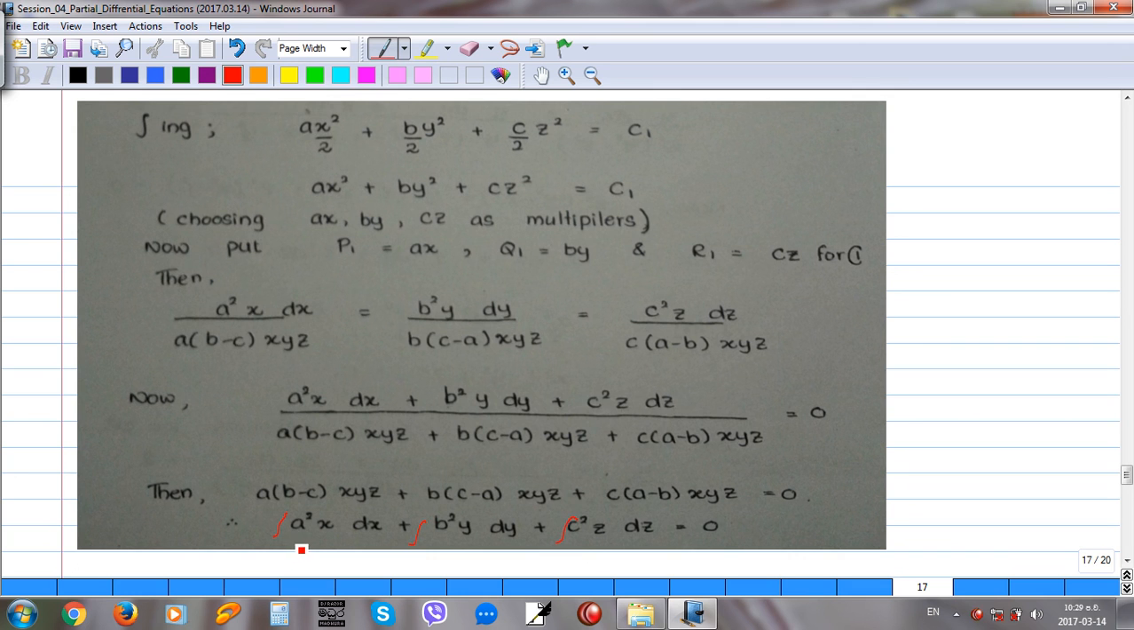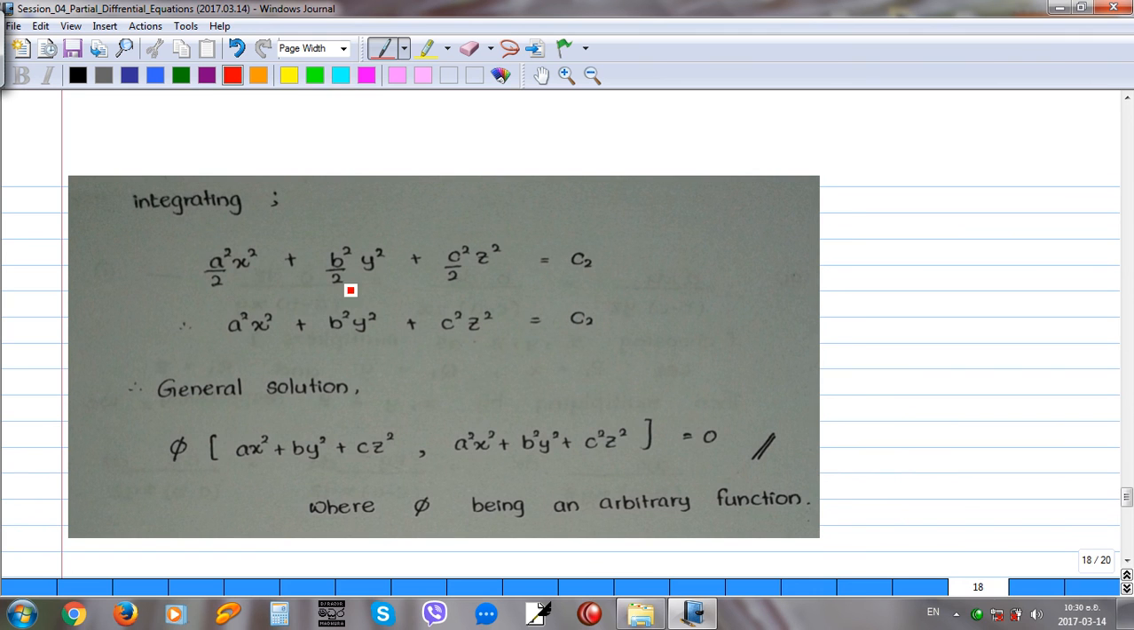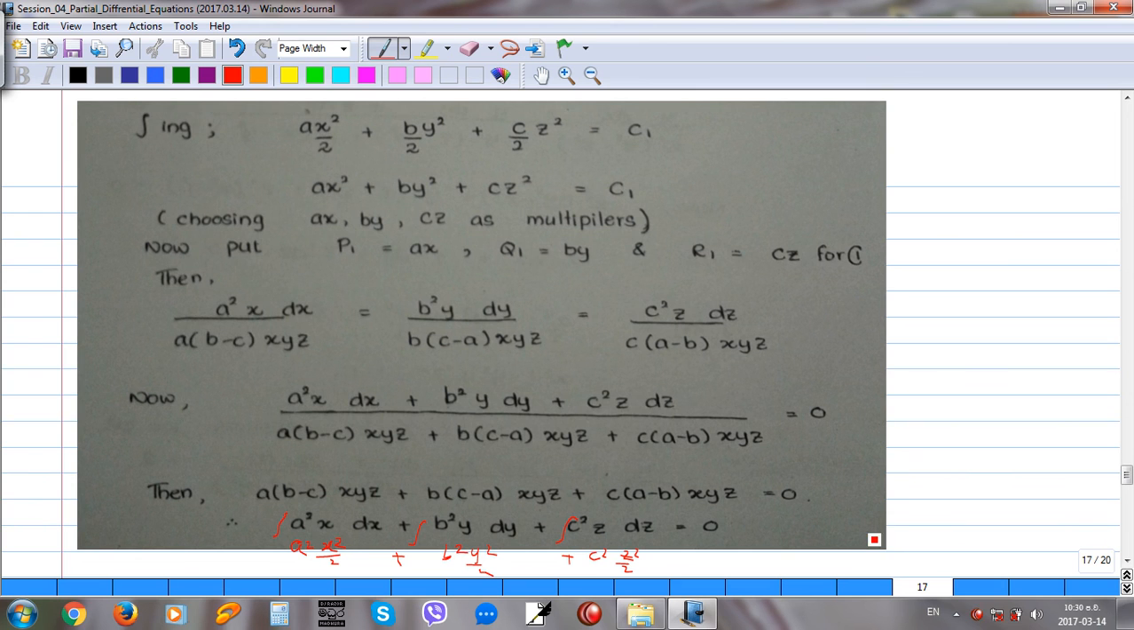Then it comes as a square x square over 2 plus b square y square over 2 plus c square z square over 2, right? This one. Then you can multiply the whole equation by 2. Then here comes 2c2. Then again you can change this c2 as a constant. Then a square x square plus b square y square plus c square z square equals c2. Then the general solution you can write, you found c1 and c2, where c1 is here